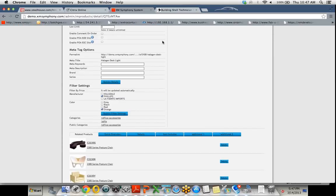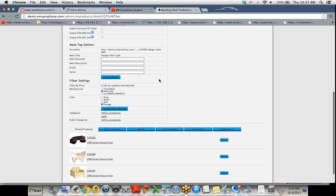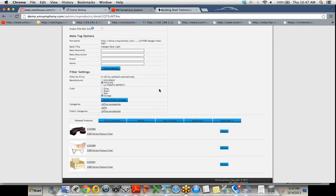Here's where I can add all my metadata, descriptions, that type of thing for search engine optimization. Here we can see the filter values that we talked about earlier on the site, related products, and then